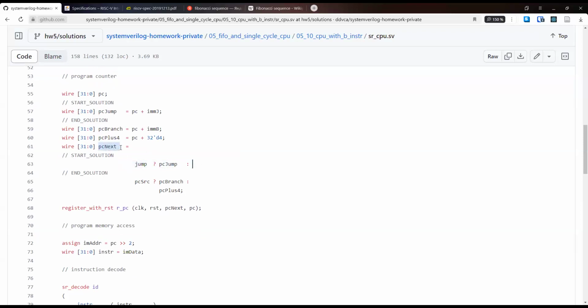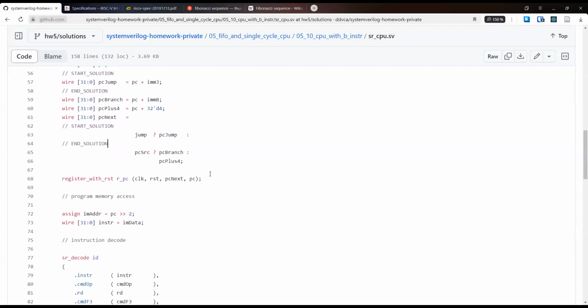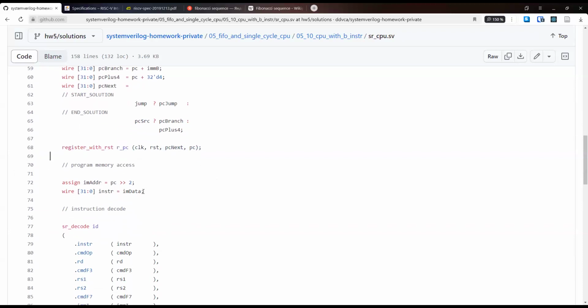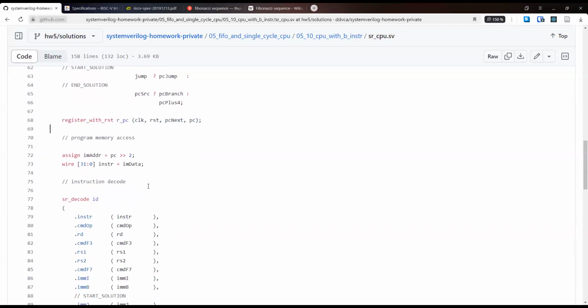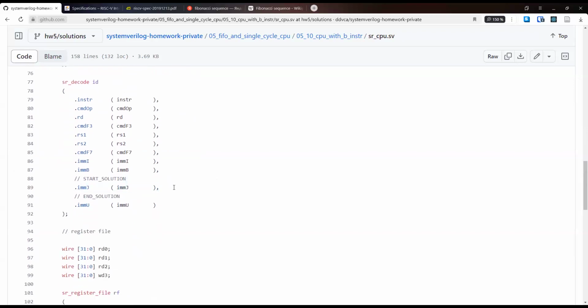So here, when we define the value for the next instruction, we'll need to add this multiplexer that will perform the jump, or will store the address of the future instruction based on our control flag. So if we have the control flag set to 1, on the next clock cycle we will already fetch the instruction based on the provided offset. And there will be no changes to the program counter register itself. There will be no changes to the fetching of the data. We'll need to add this new